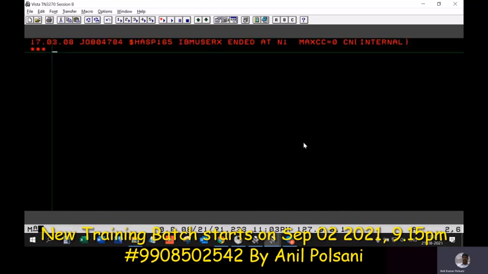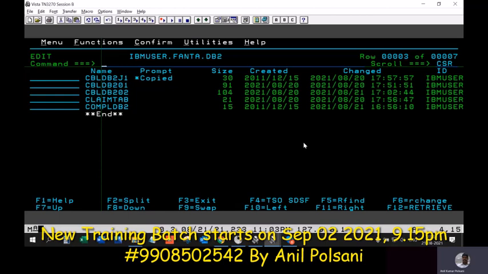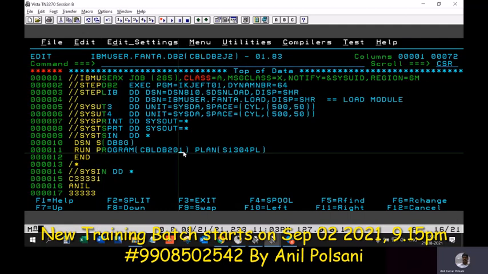For the execution part, in IBMUSER.PRINTOUT, all DB2 J2 J2. So in here, refresh. In here, the program name and the plan name have been changed.